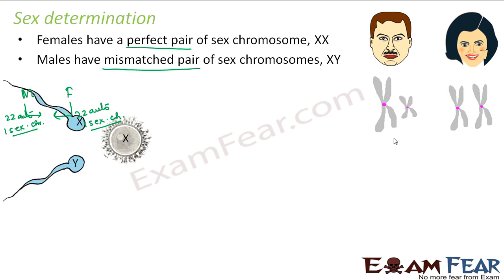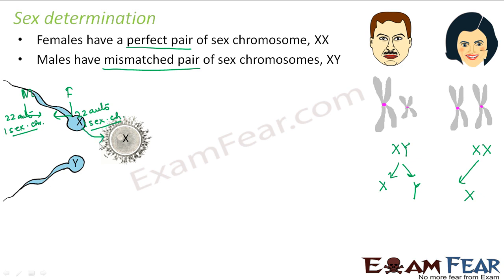Now, reproduction takes place with the help of the male and female germ cells, that is the sex cells. Here you can see that the male sperm can contribute an X as well as a Y, because for males the sex chromosomes are XY, for females it is XX. So the female will always contribute an X, therefore the egg cell always has an X. But the male can contribute either X or Y. So there is a possibility that the sperm will carry an X or a Y.